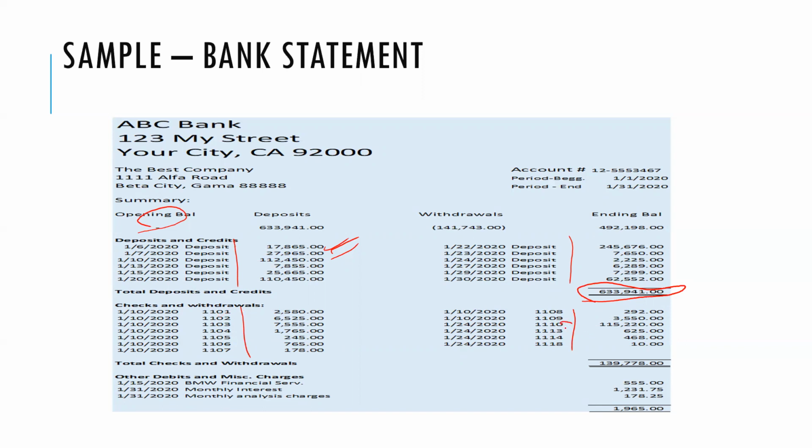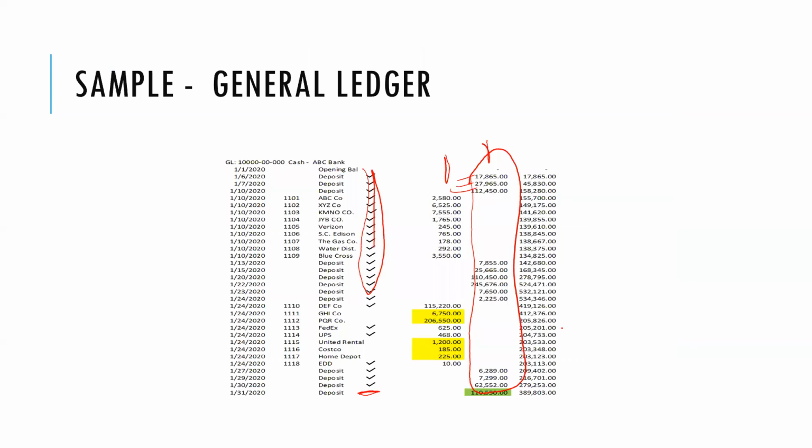But then in here, there are two items missing here, 11 and 12, and three items missing here, 15, 16, and 17. So look at this statement here, and those items missing here are highlighted or colored in yellow. So those are the 5 items which will go into the reconciliation statement. So then what you do is that you take up all those checks which have cleared, and then